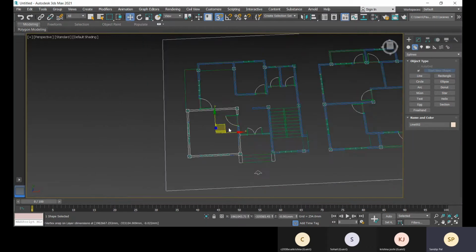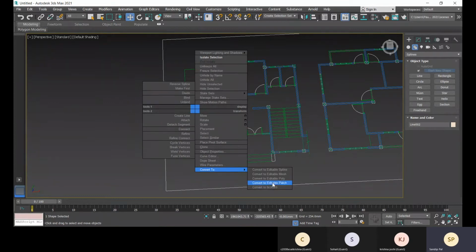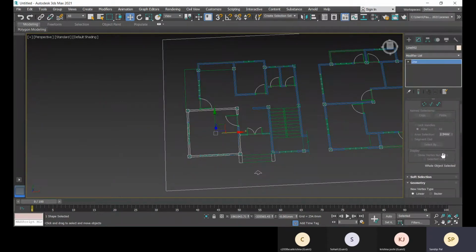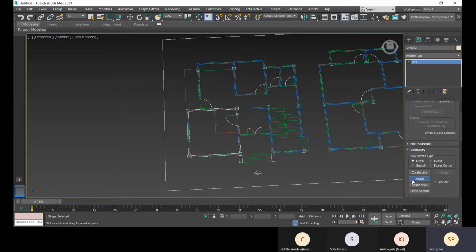yes. So I have completed this as a line, this another different line. So what you can do, you can right click and convert to editable spline, and then see, this is a separate entity, this is a separate entity, so you can make these two a single entity with this attach option. So click on this, because this is selected and this one is converted to spline, and you will be attaching this one. So now see, this is totally attached as a single one.